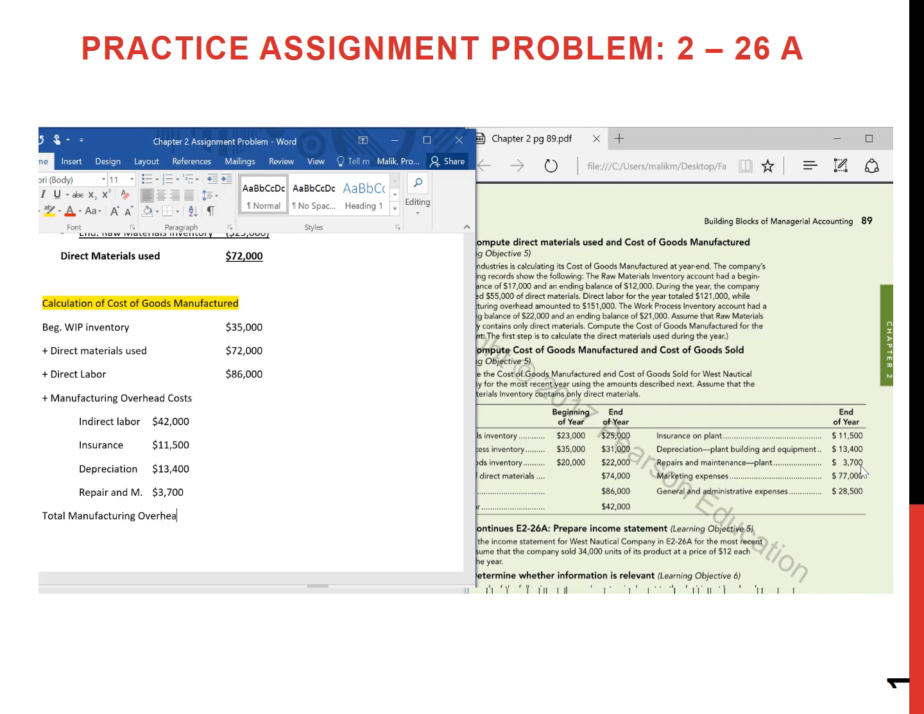Manufacturing overhead costs. And if you have your calculator, add all these four items: 42,000, 11,500, 13,400, 3,700, and you will get